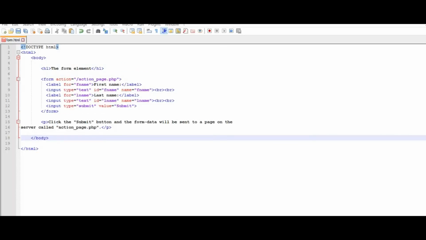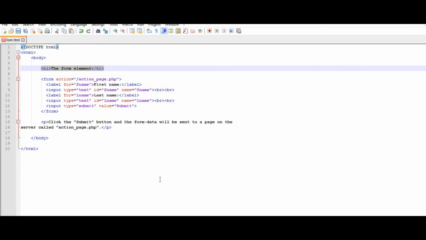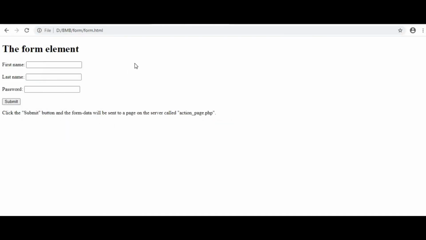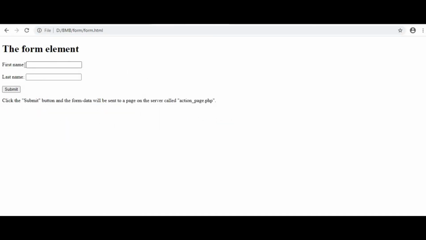Let's see the form tag with an example. Here I declared the HTML body. In the h1 tag give the name of the form elements. Then after start the form tag and give the action, which we already showed in our PPT. Just save this file and execute this file. So you got the form element, then two text boxes in which you enter your